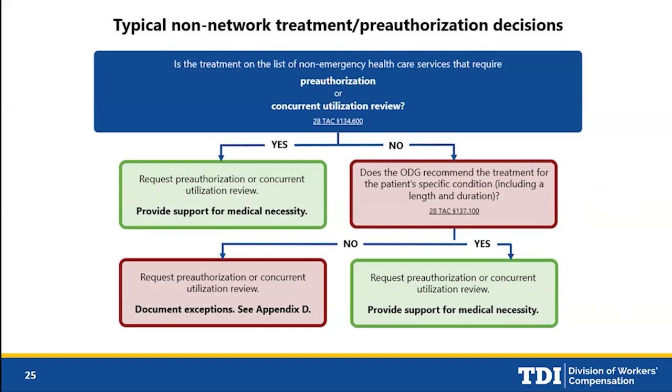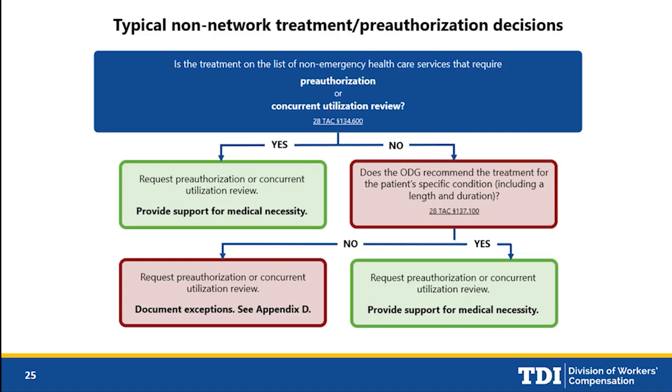So this here is a decision tree to get to your pre-authorization department. This graphic helps your pre-authorization department determine what services require pre-authorization and which ones don't. So you have your steps here, and these are steps for a non-network claim, of course. These steps are probably going to do well with network claims as well.